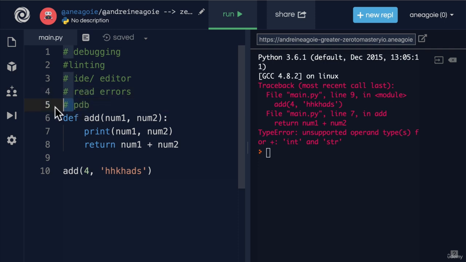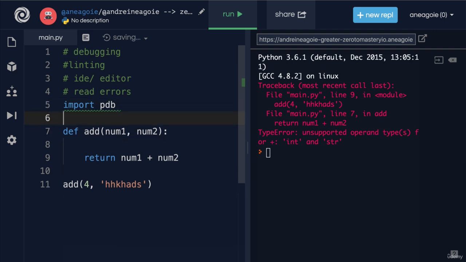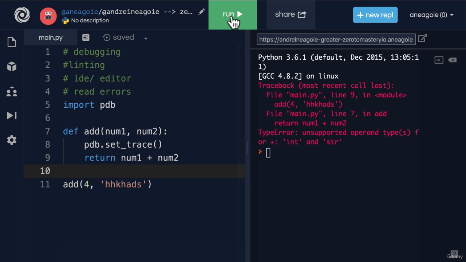So we can use it like this. We simply import PDB, and instead of using something like a print function, we can simply say PDB for Python debugger, and then say set trace. And set trace, I would say, is the most useful method that we have on this PDB object that we imported. You see, when I run set trace,